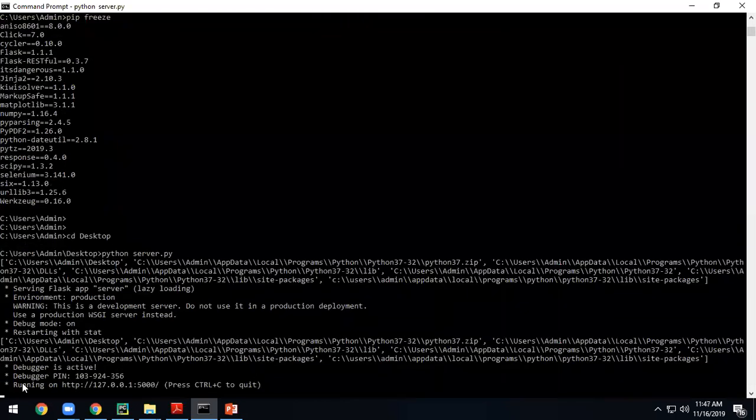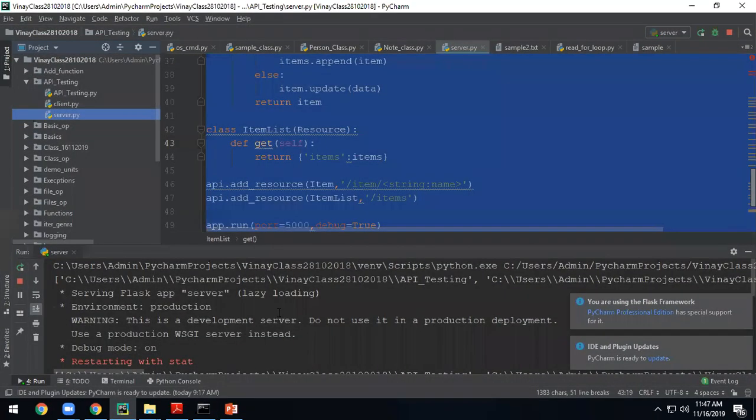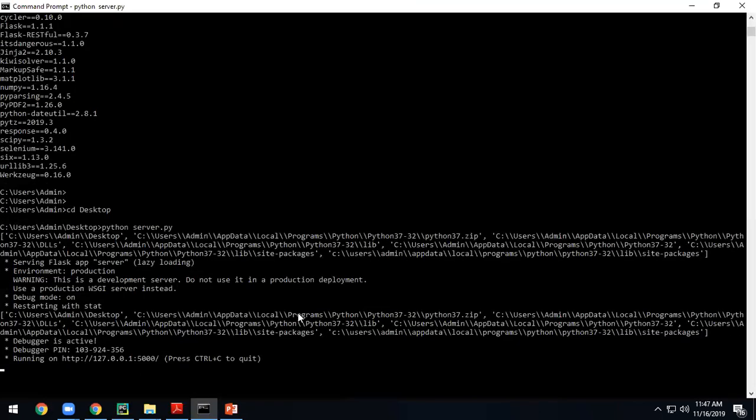See here, you should be seeing something like this in the command prompt when you run it. Python server.py. I have not shared the code yet. Just import Flask and see whether it is working or not. Otherwise, you have to add the path to it.